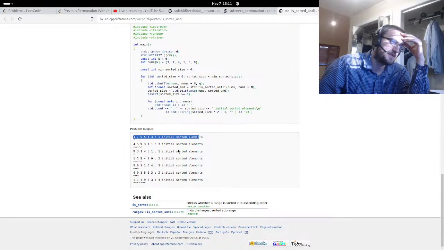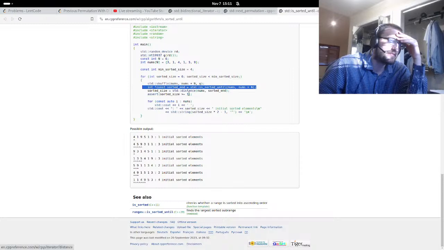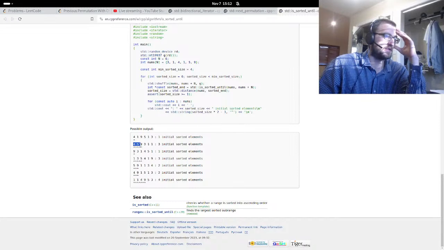Initial sorted elements, shuffle. Oh, sorted end. Okay. Sorted size, initial sorted elements. Okay, 1 initially sorted elements. All right, so 4, and then